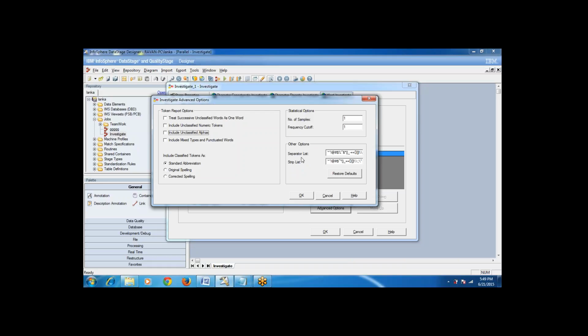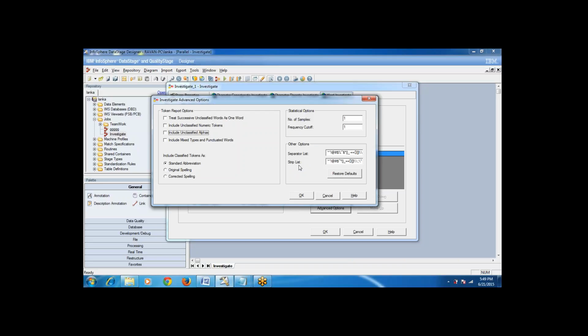So this is the one which will get executed the very first time. Once the tokens are identified after applying the separation list and strip list, it will take those tokens and go to the classification file, and identify whether we have defined any classification code for them or not. That is the next process in the whole flow. So this is the very first step, which we have to discuss separately.